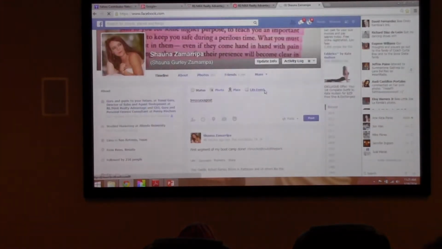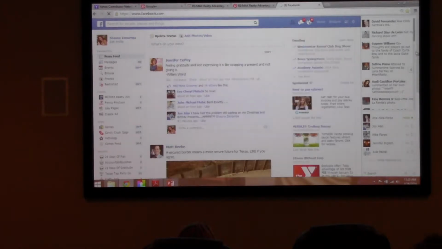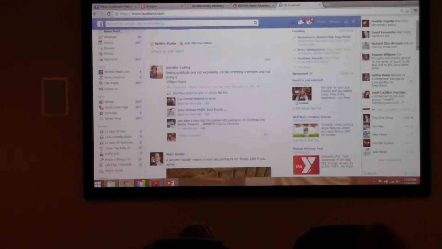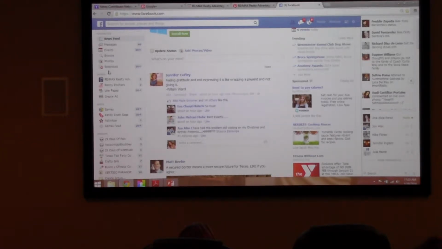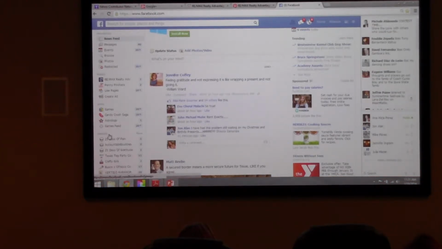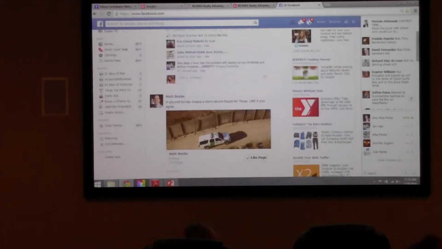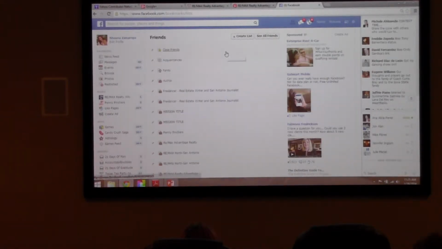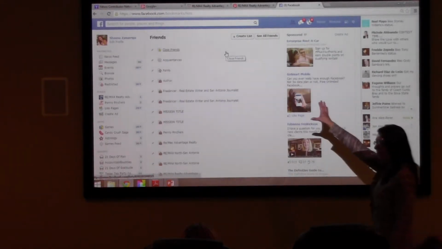So how do you do that? Well, you see down here where it says, where is it? Friends, right here, more. This is going to pull up the different lists that you had.